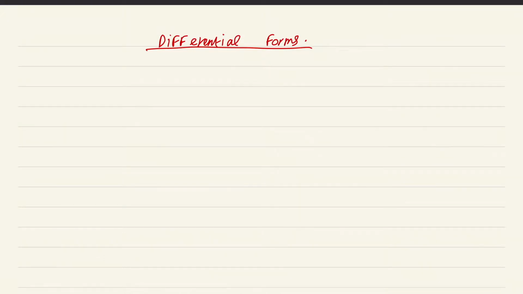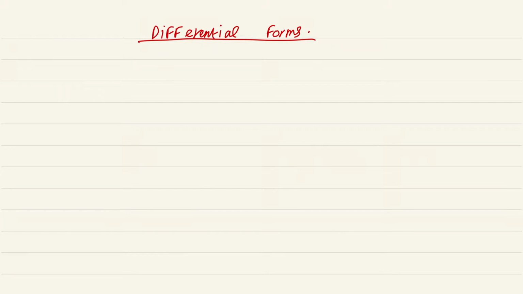All of us know how to determine the volume of a parallelepiped in Rn. So suppose v1, v2, ..., vn are n vectors in Rn, then